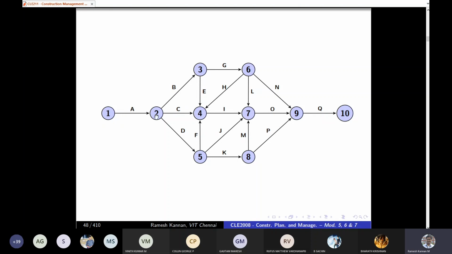Rule number two is that it should be progressive, like 1 to 2, 2 to 3, 3 to 4, 4 to 5. Then it is not like 5 to 6, 6 to 7, 7 to 8, or something like that. So it should be as per the logic. The movement of the arrow depicts the numbering of the events. And finally, we have got 1, 2, 3, 4, 5, then followed by 6, 7, 8, 9, and 10, right? Since it's 17 activities and 10 events, we generally don't have much confusion in terms of numbering events.